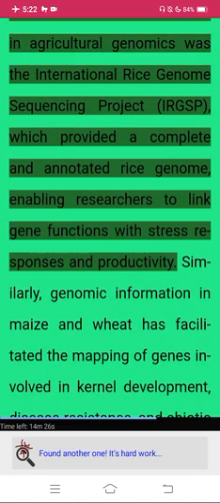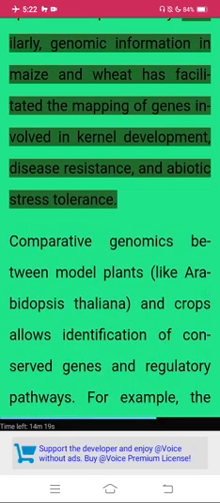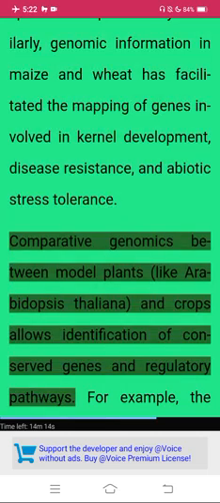One of the earliest milestones in agricultural genomics was the International Rice Genome Sequencing Project (IRGSP), which provided a complete and annotated rice genome, enabling researchers to link gene functions with stress responses and productivity. Similarly, genomic information in maize and wheat has facilitated the mapping of genes involved in kernel development, disease resistance, and abiotic stress tolerance. Comparative genomics between model plants like Arabidopsis thaliana and crops allows identification of conserved genes and regulatory